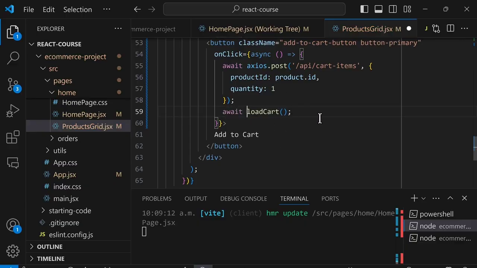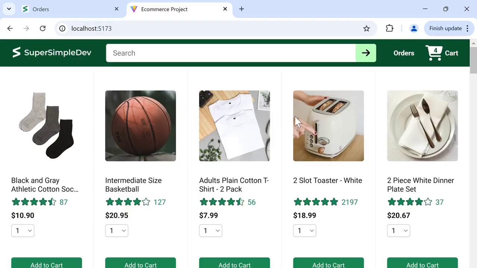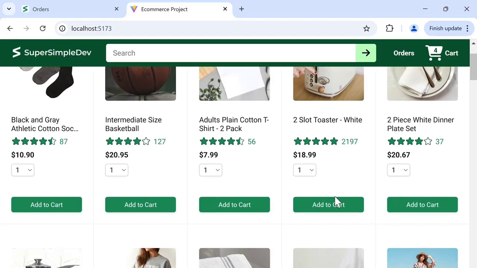So now let's save, and we'll check the website. And first we'll go back to the home page. And this time, let's click add to cart on